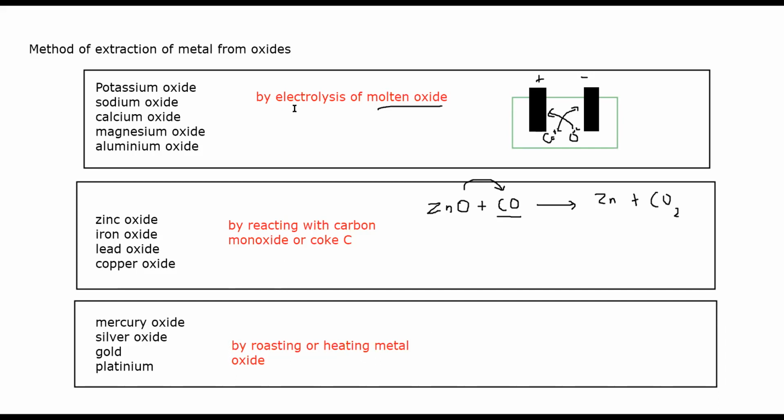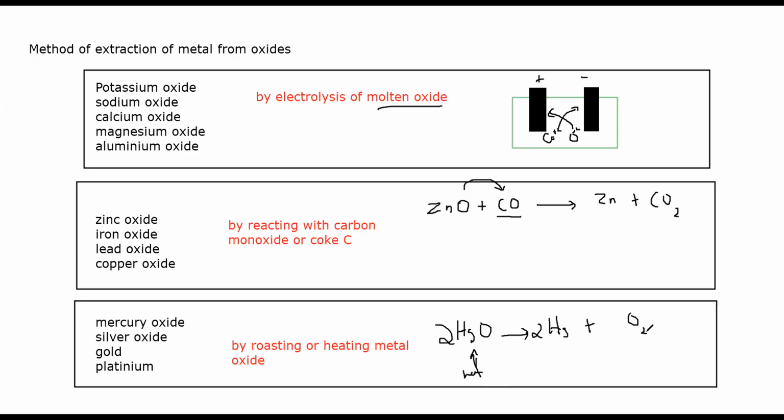So if you have a mercury oxide, what I will do, I will simply heat this mercury oxide. When I supply the heat energy to this mercury oxide, the mercury metal is separated and oxygen is separated. But this technique, because I told you in the beginning that for the less reactive metals, their compounds are less stable. So if their compounds are less stable, then they can easily decompose. So by thermal decomposition or simply by roasting, we can supply heat energy to that compound so that it will decompose into metal and oxygen.